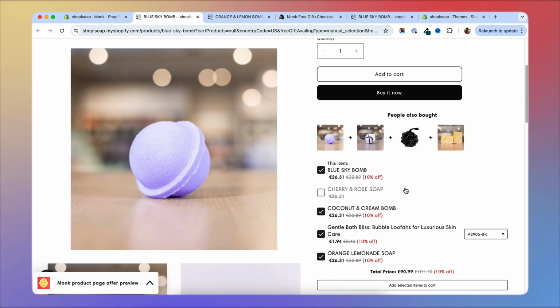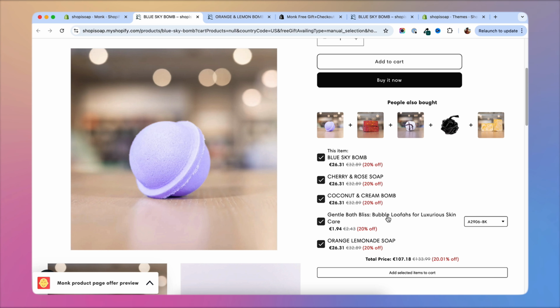And if I go ahead and remove another product, it still stays at 10%. So if you buy only these two together, you still get 10% off. As you can see here, if a product has a variant, they will be able to select it. This product has just one variant and it looks like that, but if you have multiple variants, it's going to be like a drop down here where you can select the variant that you want,